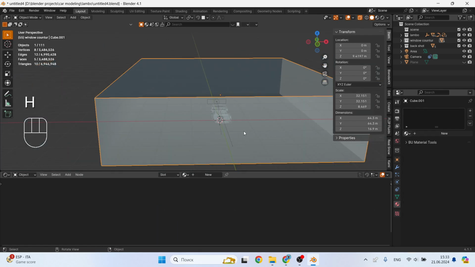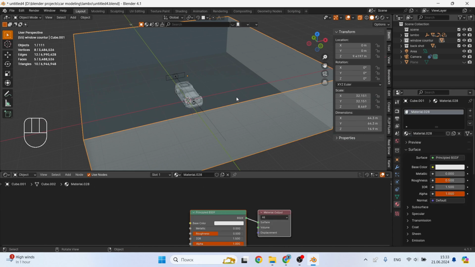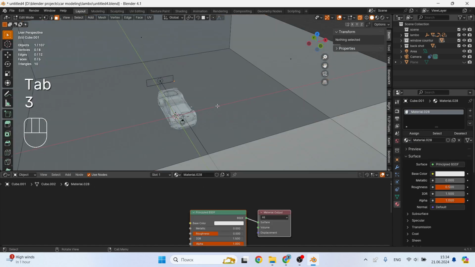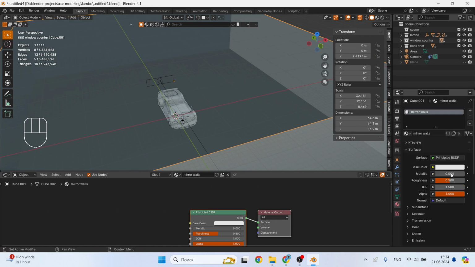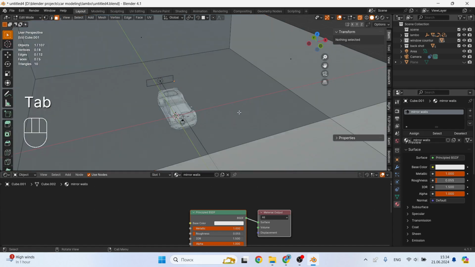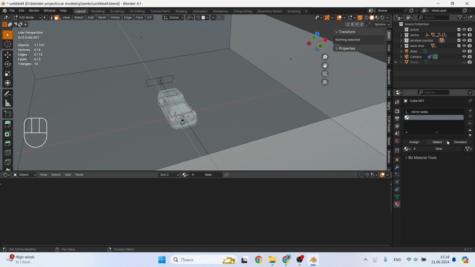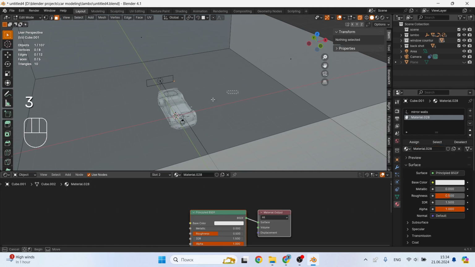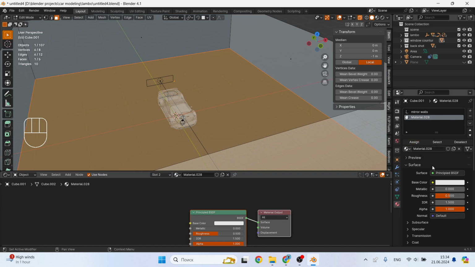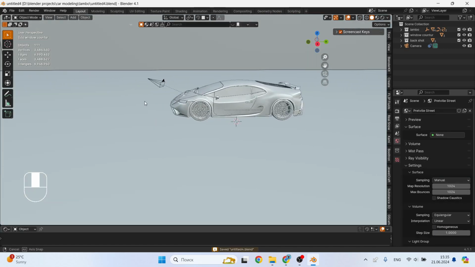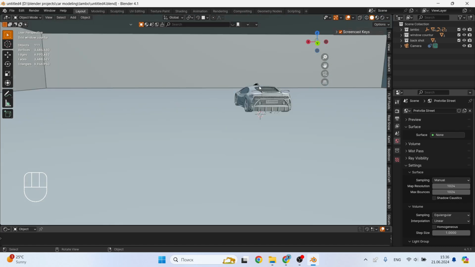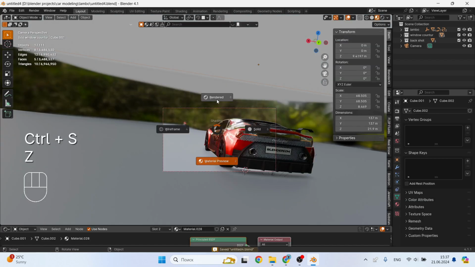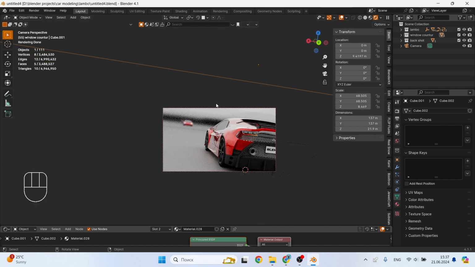Next, assign materials to the walls. These will be the mirrors, set metallic to 1, and the roughness to almost 0. And add a gray floor. I set the camera slightly at an angle tilted to the left to create a certain kind of mood and direct it at both the car and the mirror in front of it. It seemed cool to take a picture of it just like that, so that the reflection was visible.